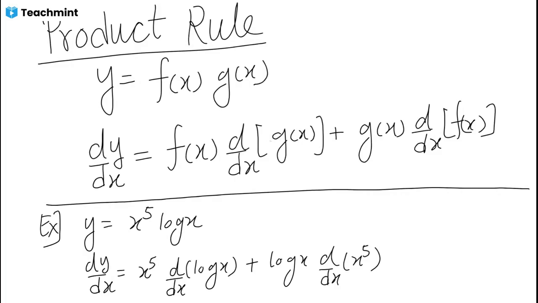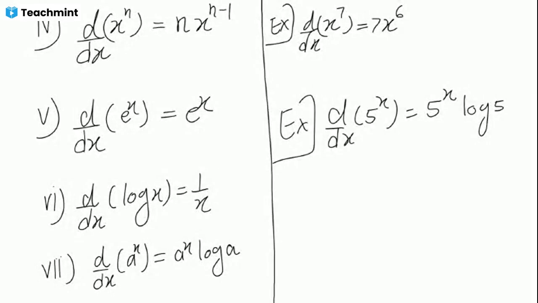So the derivative of log x is 1 upon x, and for x to the power 5 we will use the power rule. This one is 5x^4. So dy over dx will be x to the power 5 into the derivative of log x,